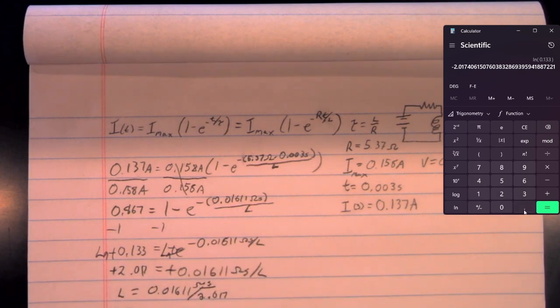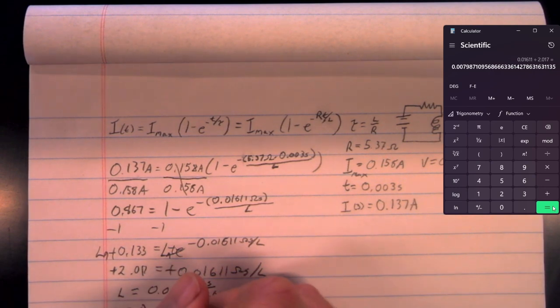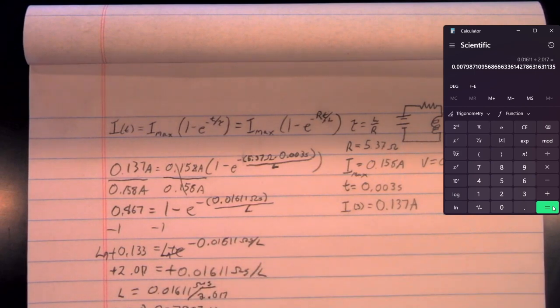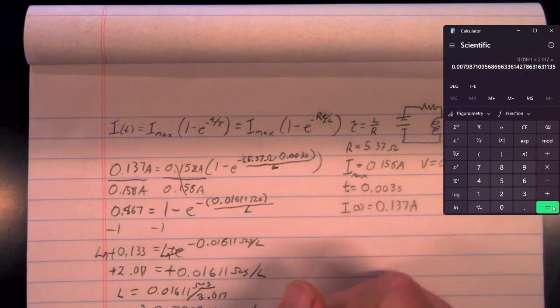So we've got 0.01611 divided by 2.017. Okay, so that gives us an inductance of 0.00798 whatever henries. Now, if we look back at our circuit, we remember that it had a given inductance of